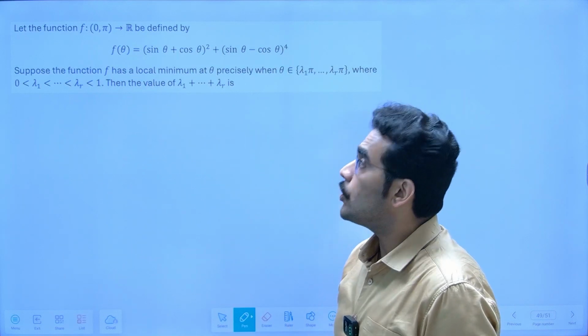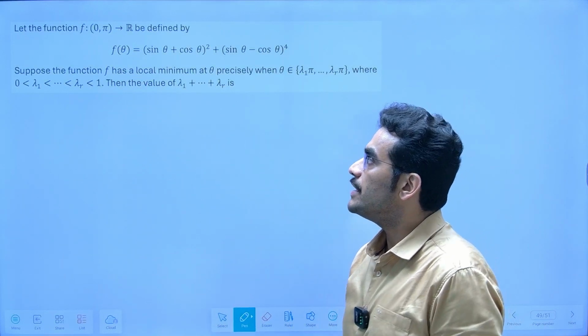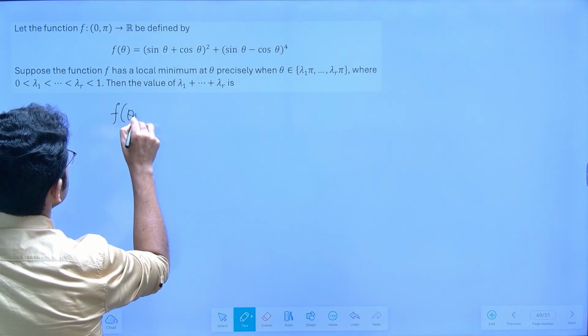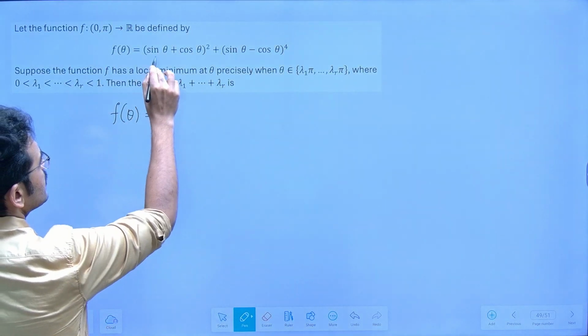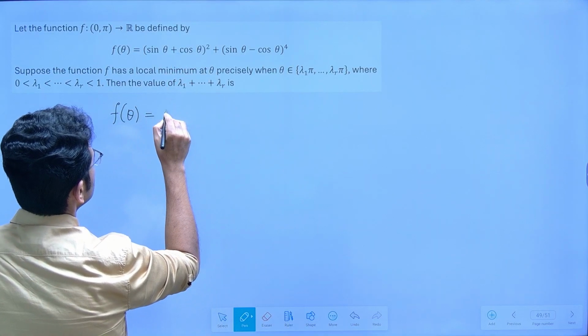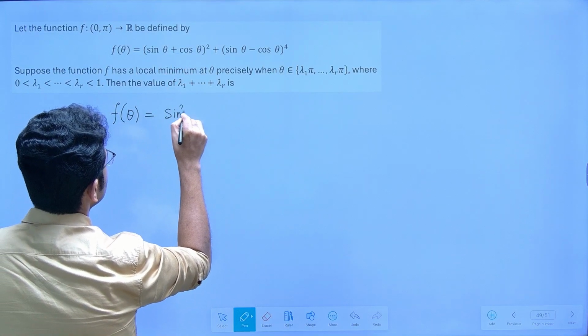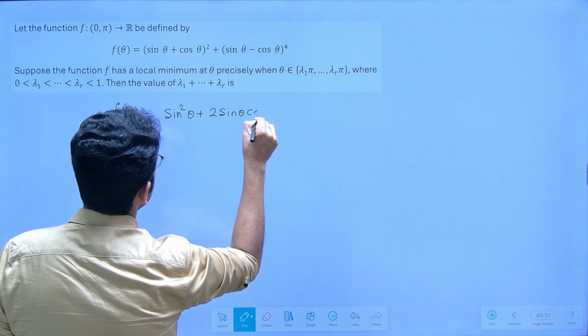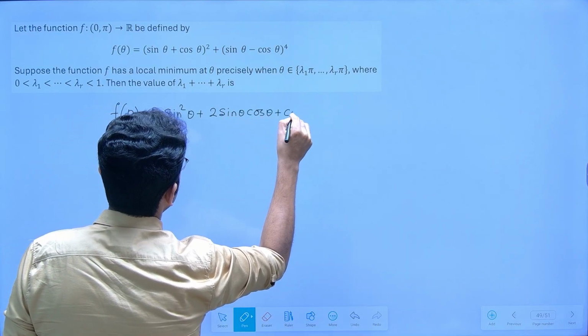Let the function f from 0 to pi maps to R be defined by f(theta) = (sin theta + cos theta)^2. So if you open it up, it will be sin^2 theta + 2 sin theta cos theta + cos^2 theta